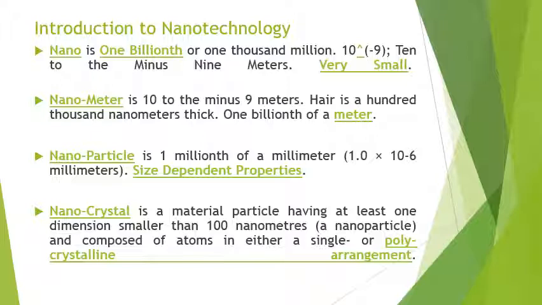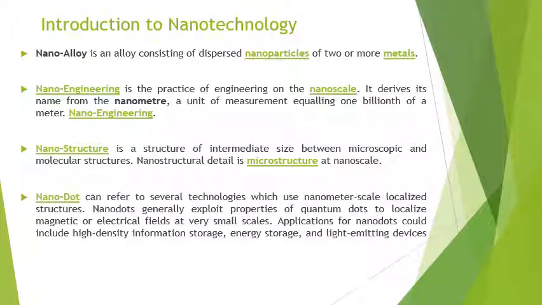So a nanocrystal is a material particle having at least one dimension smaller than 100 nanometers and composed of atoms in either a single or polycrystalline arrangement. Introduction to nanotechnology again. A nanoalloy is an alloy consisting of dispersed nanoparticles of 2 or more metals. Nanoengineering is the practice of engineering on the nanoscale. It derives its name from the nanometer, a unit of measurement equivalent to 1 billionth of a meter. Then a nanostructure is a structure of intermediate size between microscopic and molecular structures, and nanostructural detail is